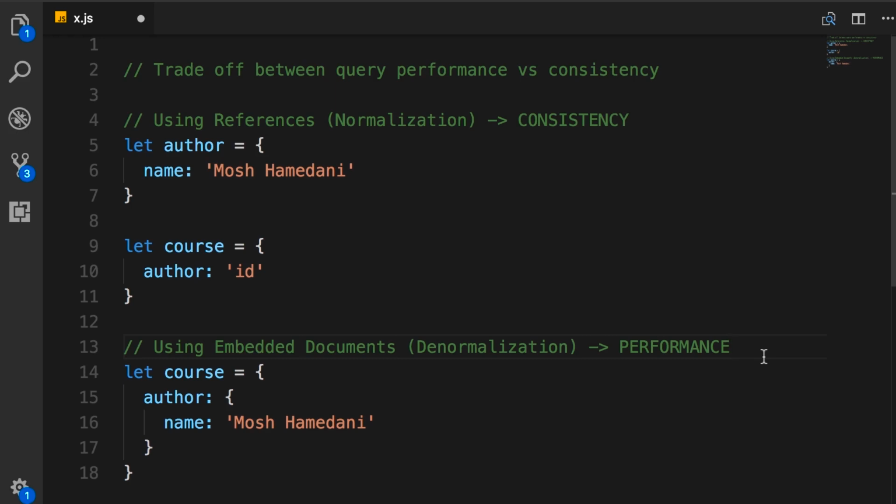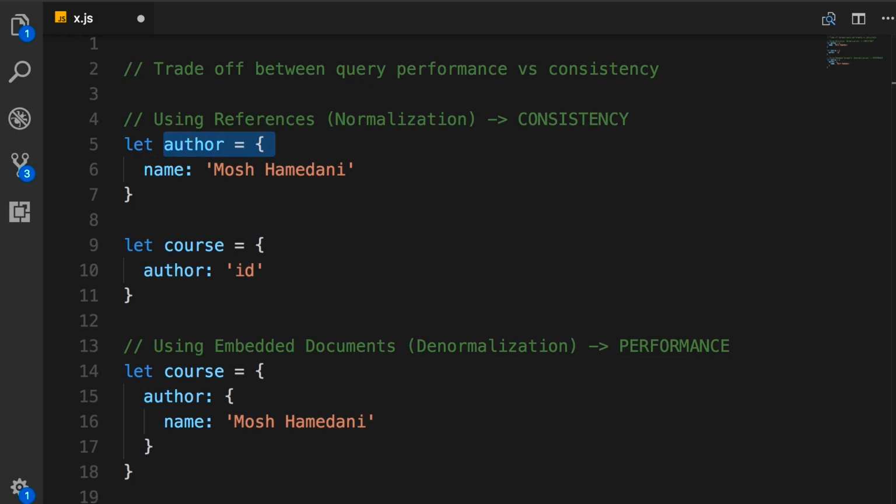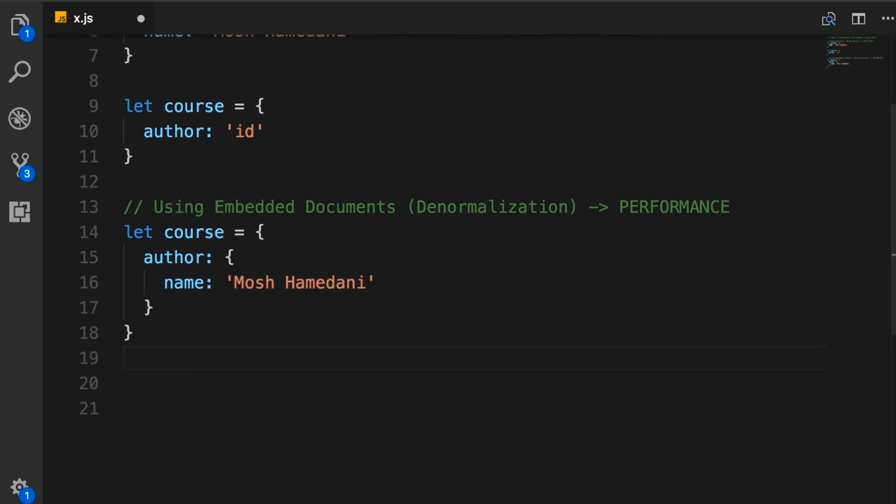Now we have a third approach, which we call the hybrid approach. For example, imagine each author has 50 properties. We don't want to duplicate all those properties inside every course in our database. So we can have a separate collection of authors, but instead of using a reference here, we can embed an author document inside of a course document, but not the complete representation of that author. Perhaps we only want the name property. So with the hybrid approach,